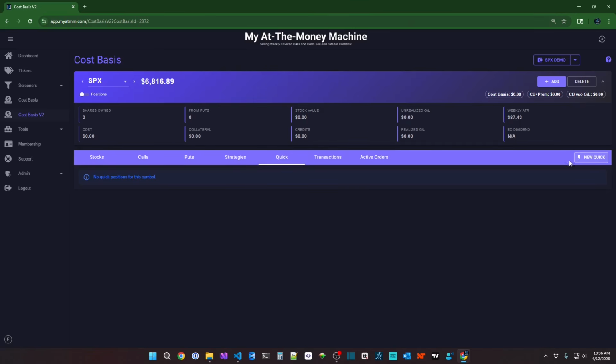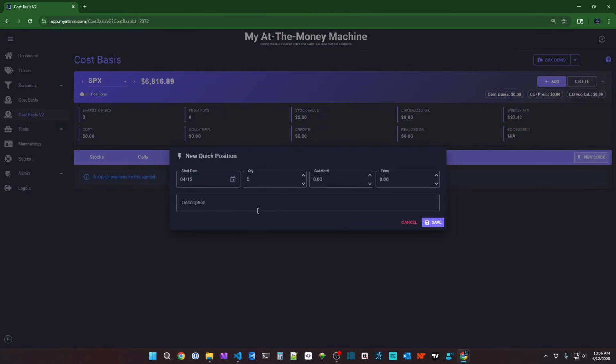The quick tab is just a way to enter a down and dirty transaction just to track it in here. It doesn't actually track strike, expiration, or any of the other stuff, because a lot of brokers, like Thinkorswim, for instance, will package credit spreads and iron condors and just multi-leg option strategies up into a single transaction, which does make it a little bit cumbersome to enter each leg at a time. So this quick screen gave me a way to basically say, okay, I want to do